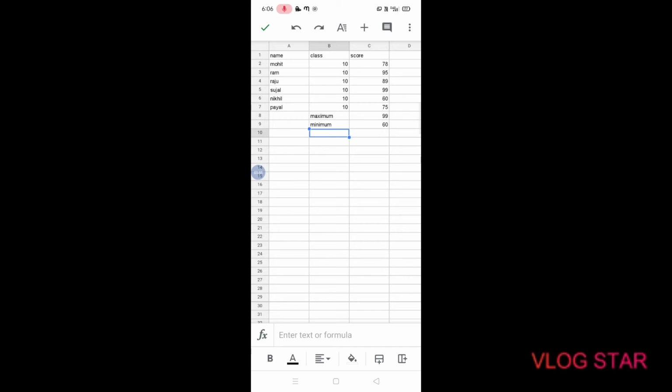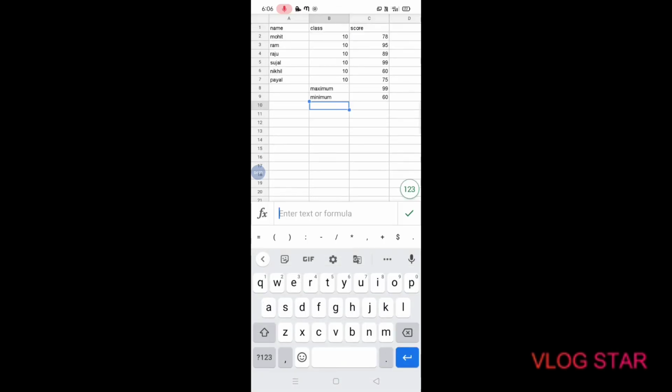Here you will also find the total and the average. Here is the average: AVERAGE is equal to average.